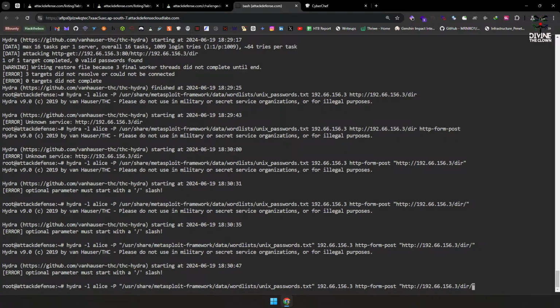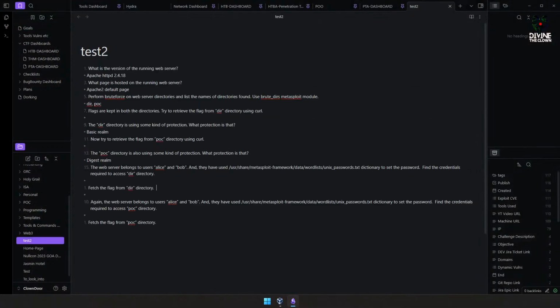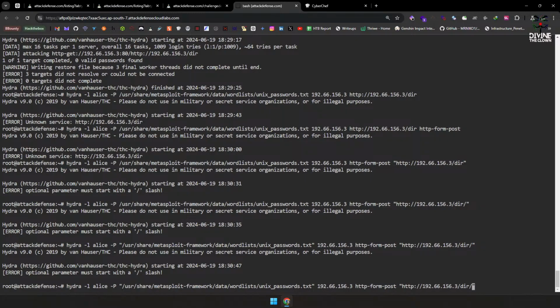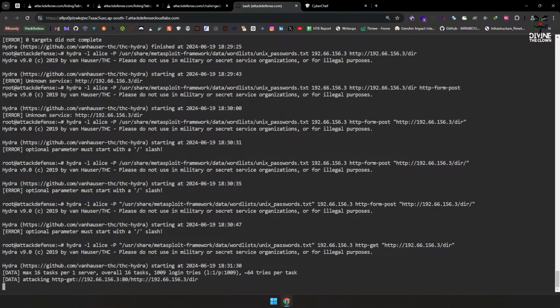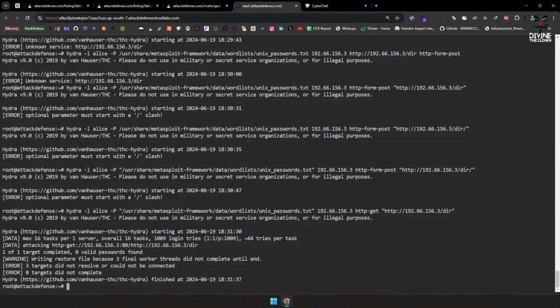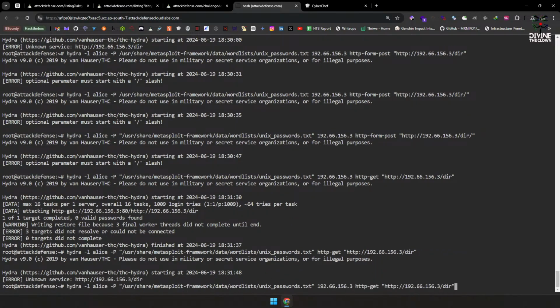Where is it? Was it there? Yeah, it was there. I don't get it. Where is the problem being caused? Get. It started. Will it be able to find it? No, it wasn't able to find it. If I remove this IP from here, yeah, it's going to show unknown service. And if I remove this,